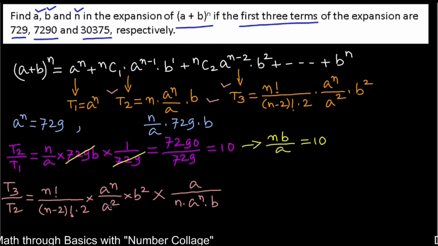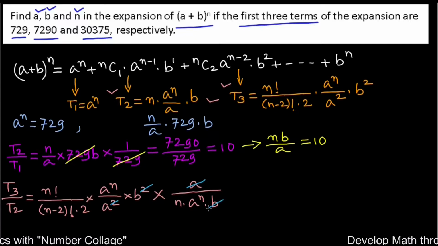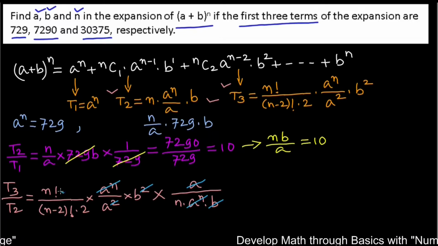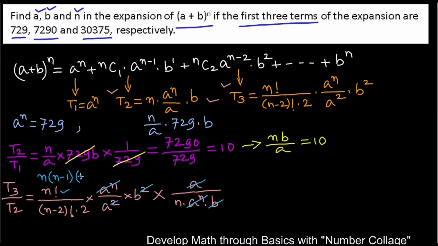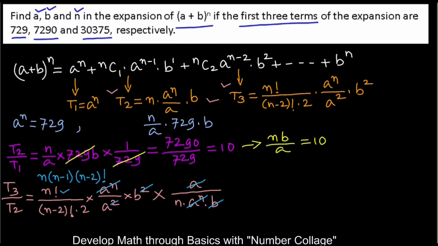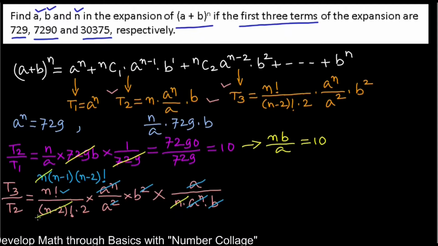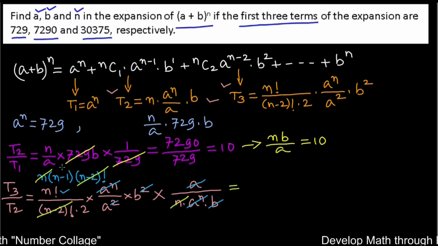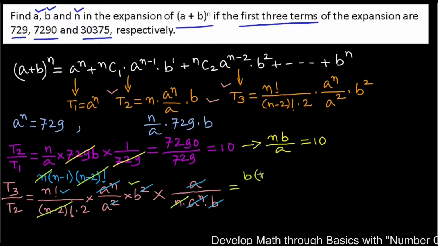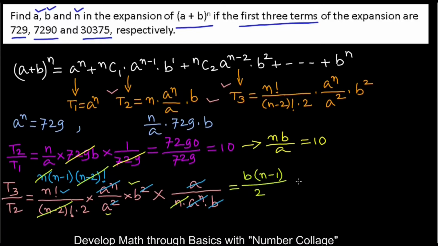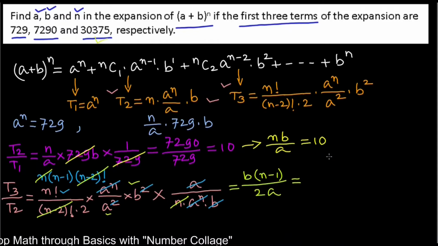Here one a cancels with this a, one b cancels with this b, a^n cancels with this a^n. We can write this n factorial as n into (n-1) into (n-2) factorial. So this n cancels with this n, and (n-2) factorial cancels with (n-2) factorial. So that will be b into (n-1) upon 2a,